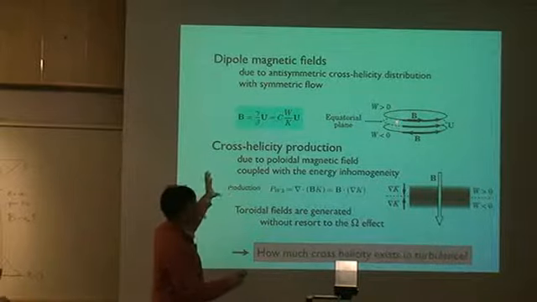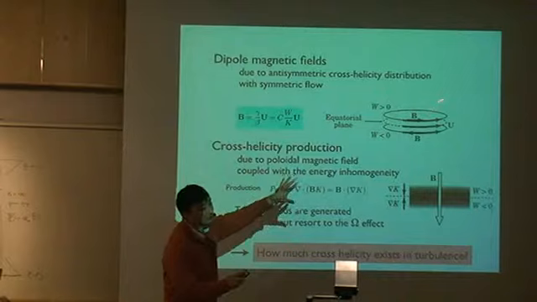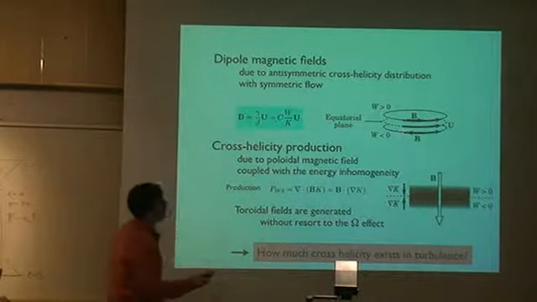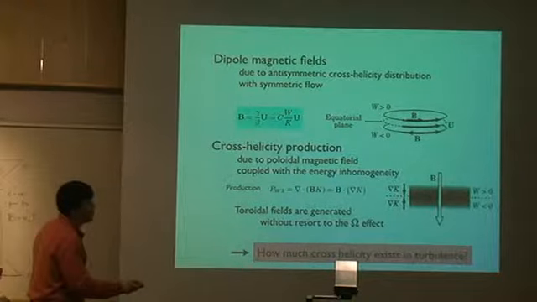Then if we have large-scale rotational motion, we have a toroidal magnetic field, something like this. So this shows that without resort to any omega effect,